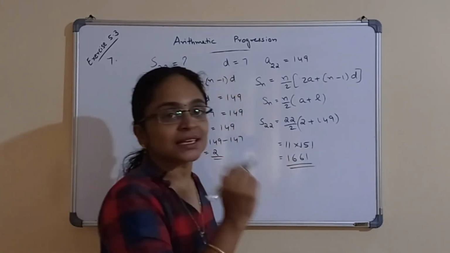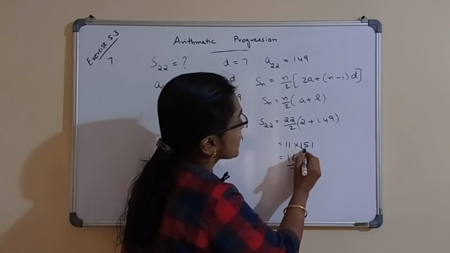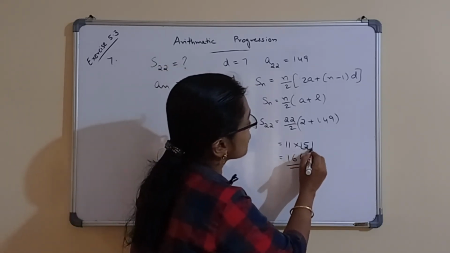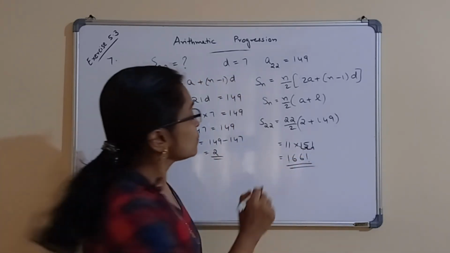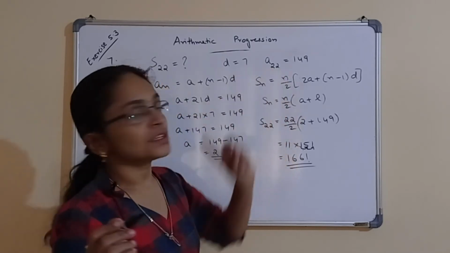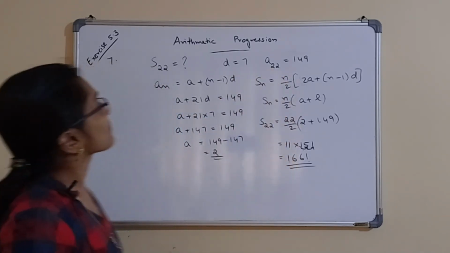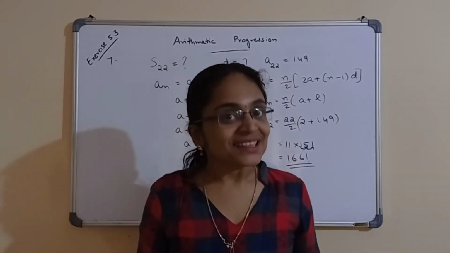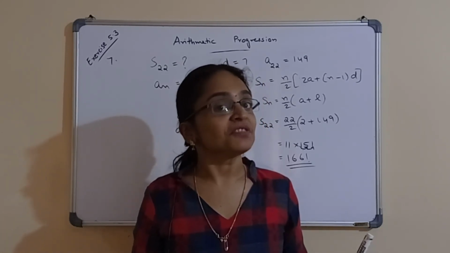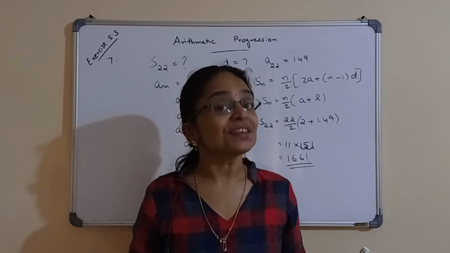1 and 1 is the leftmost and rightmost digit. Then add the intermediate digits together. 1 plus 5 is 6. Then 5 plus 1 is 6. So 1661 is the sum of 22 terms of this AP. Okay. So with this we have completed question number 7 from exercise 5.3 from the chapter Arithmetic Progression,